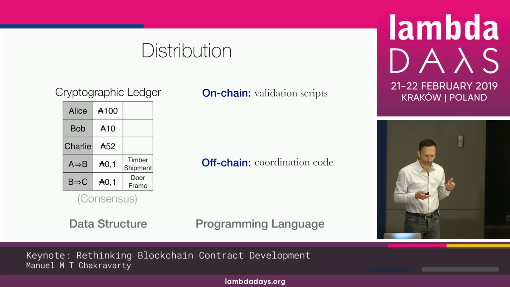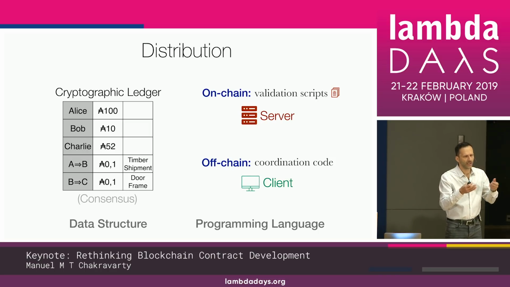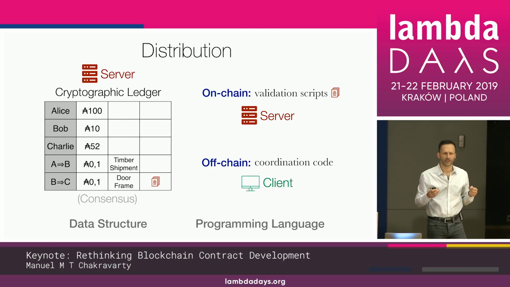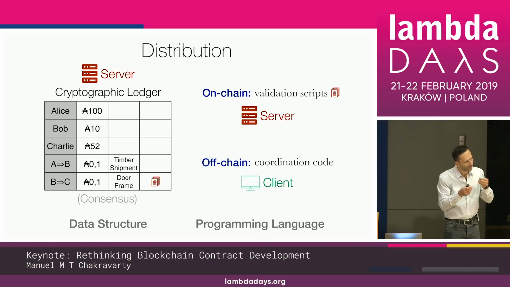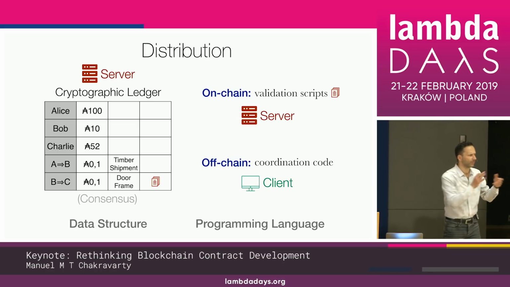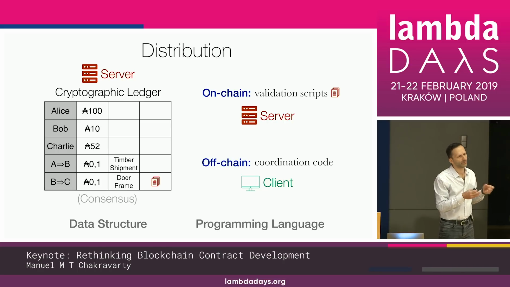So these on-chain scripts, they are processed on some servers. In fact, it's the same servers which maintain those cryptographic ledgers, because these scripts are part of the validation of whether a transaction makes sense or not. But all the other processing happens in maybe Alice's computer, Bob's computer. It's a kind of client side. So we get a kind of client server. It's a little bit like writing a web app, right? With the blockchain being your backend and the on-chain processing being your backend code of the web app.